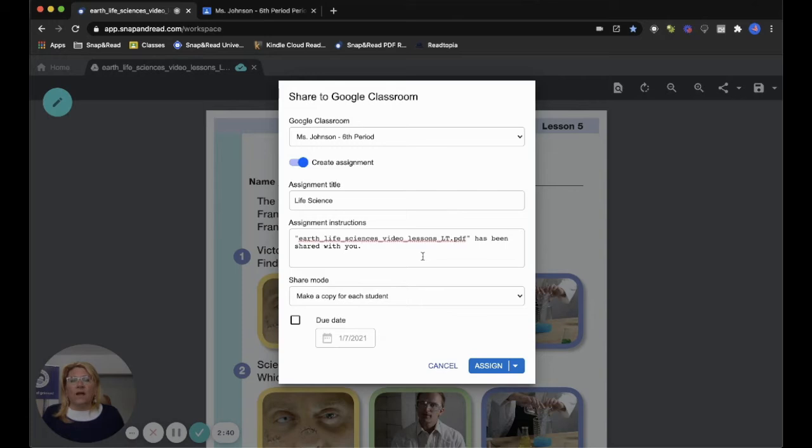Below this, we have already put in some general instructions for your student. However, you can go ahead and add. Please open this assignment in your Snap and Read workspace.